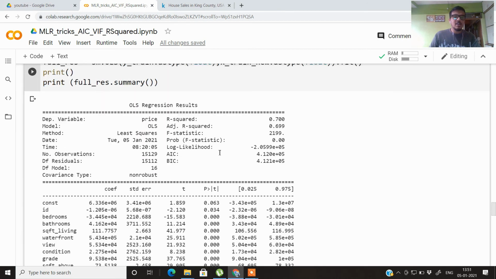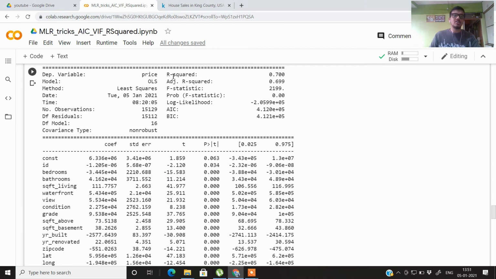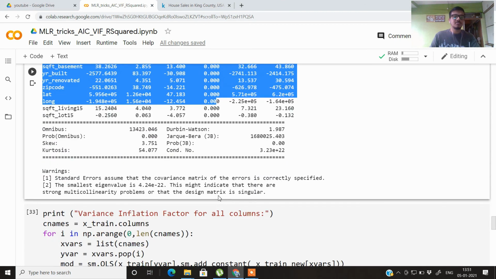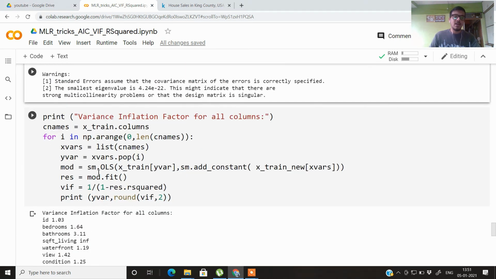And in the final model, you should note that the R square is at least greater than 0.7. There are no insignificant variables in our model, and the variance inflation factor is at least below 5.